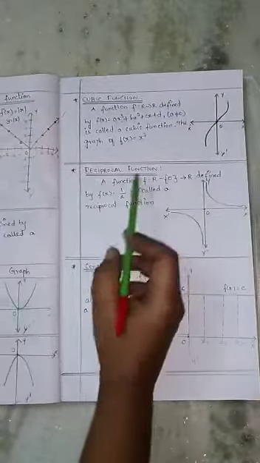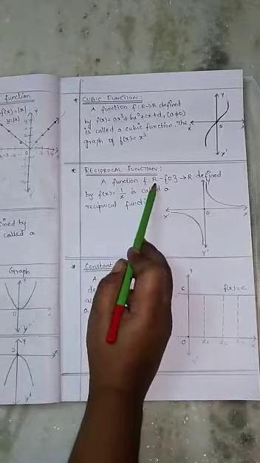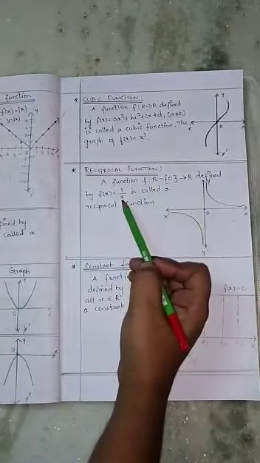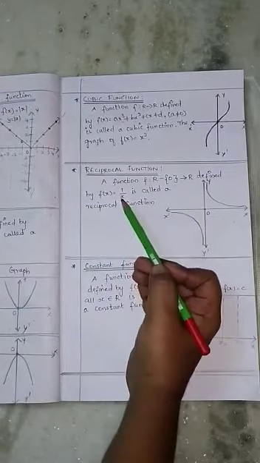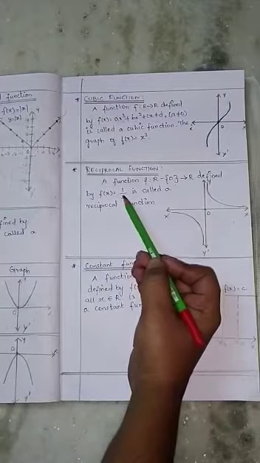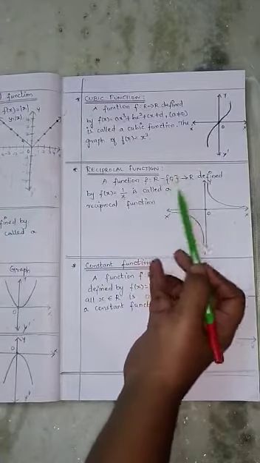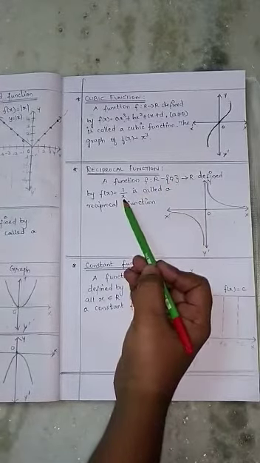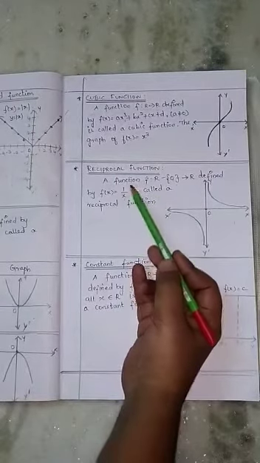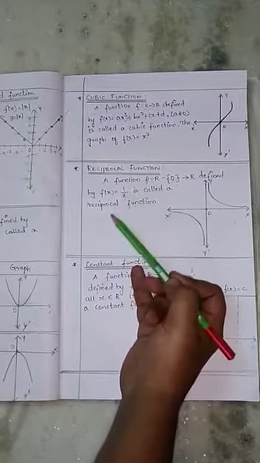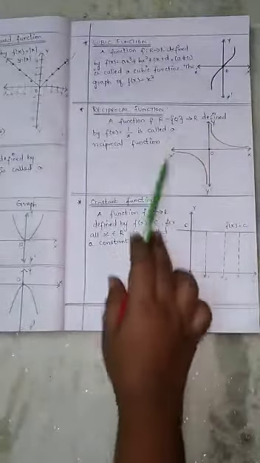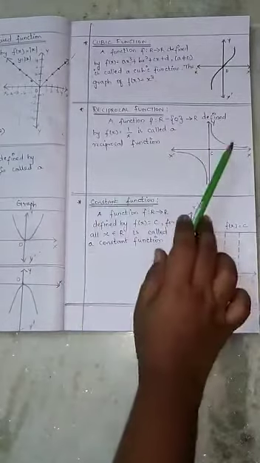Okay, reciprocal function, a function f mapping R except 0, we can proceed with any numbers here for x, because if you are putting 0 here, it's undefined. So except 0, all the real numbers we can apply here. Reciprocal means you know very well. 1 means 1 comma 1 by 1. 2 means what is the reciprocal for 2? 1 by 2. 3 means 1 by 3, like that. Okay, so you just try this also, apply some values and check this graph.